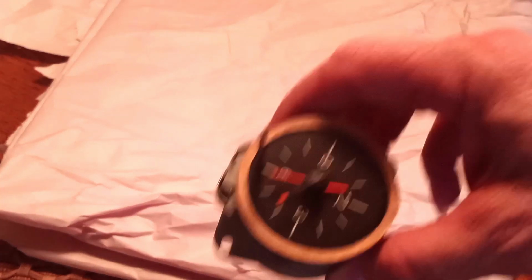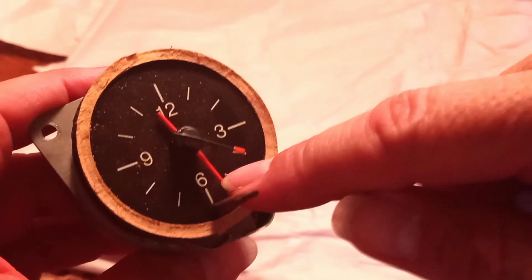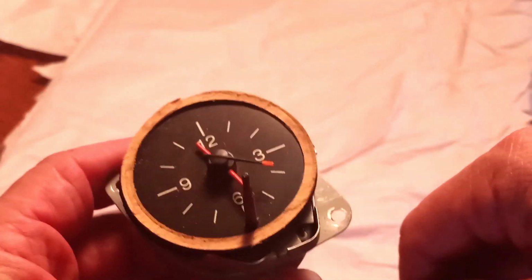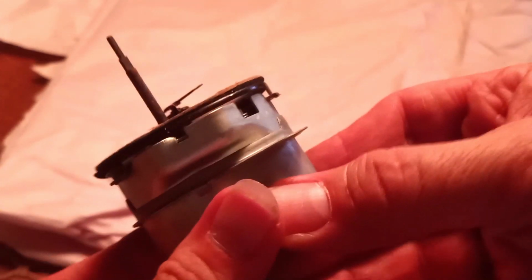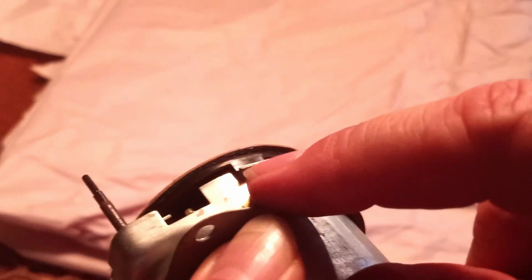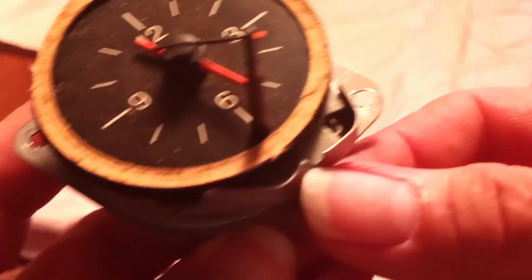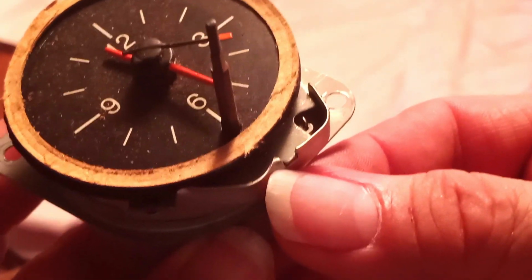Okay, so the steps in opening this thing up involve removing the hands off the face. Then if you look closely, you'll see how the face has these little tabs that need to be bent back, right there and right there. There's three of them. The reason you need to take these tabs off is you see how this piece of the case is bent over. Well, it's bent over here,